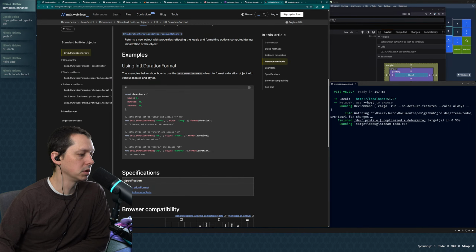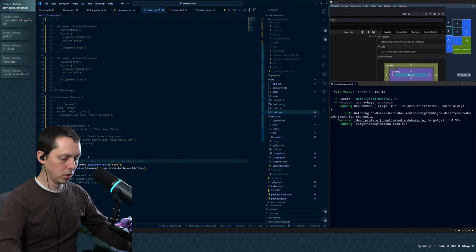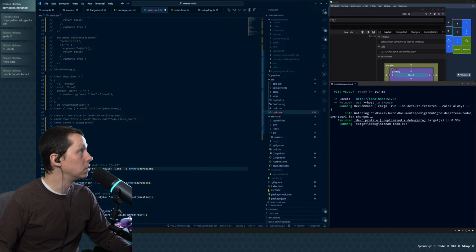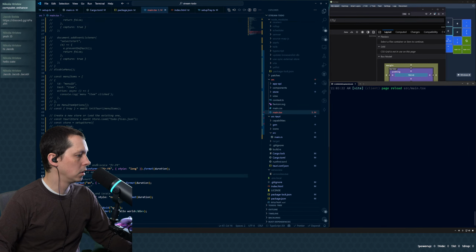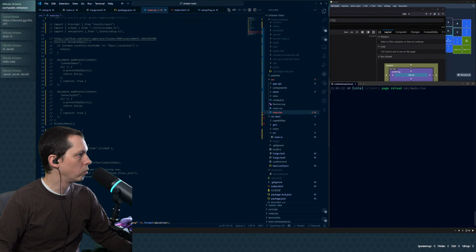The duration format was the bit that was throwing the error, right? If we chuck it in here, all it's doing is logging out. We would be able to look at the format const. So what if we just do a const a equals, and then a console.log a. This is interesting. Why